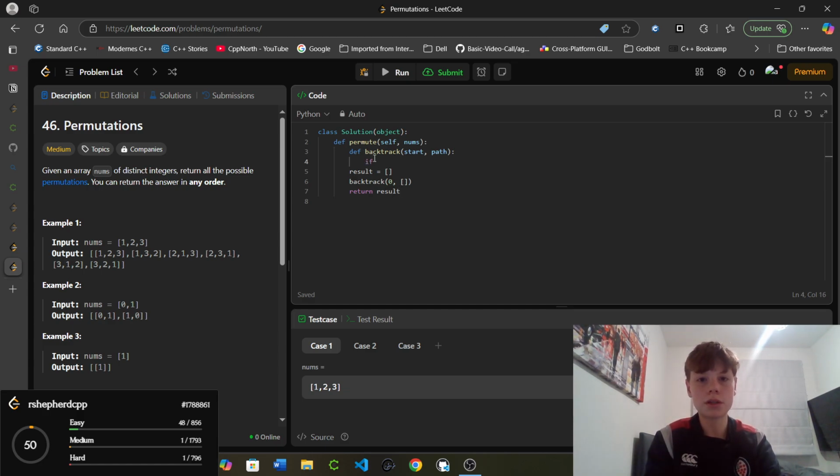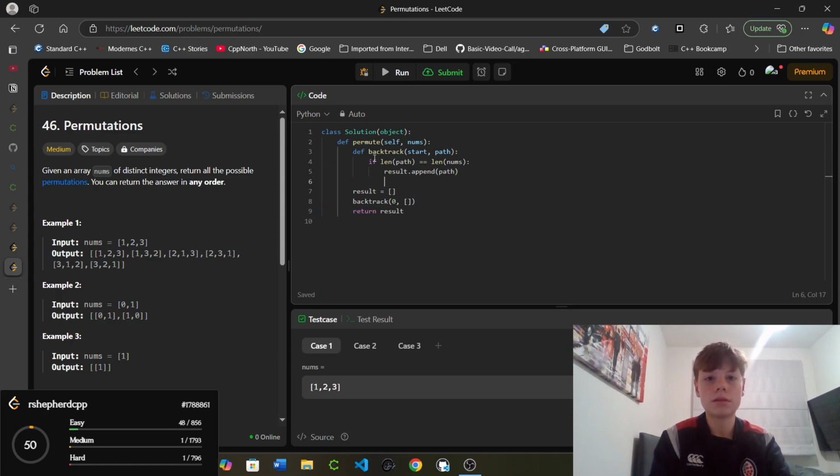So here we can check if length of the path is equal to len nums. If it is, then we're just going to do results dot append path. We're going to return. Otherwise, we're going to go for i in